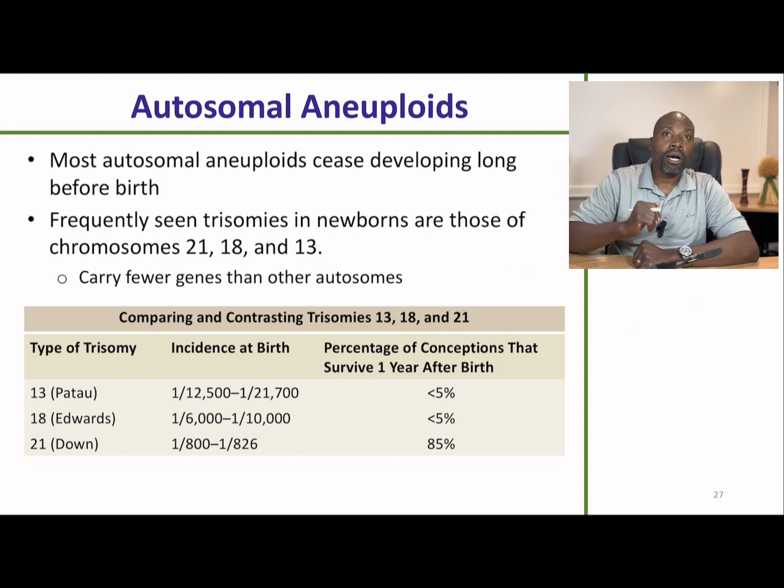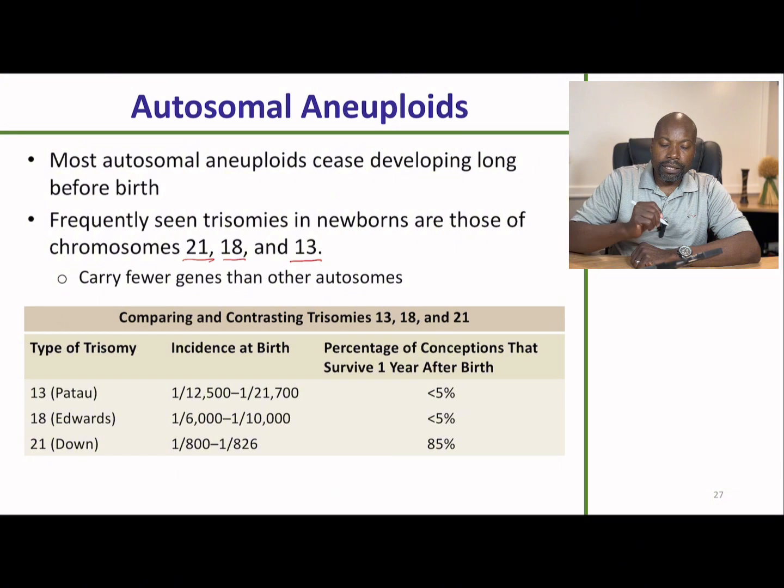What are some aneuploid conditions that are common in humankind? You have trisomy 21, okay? We have trisomy 18 and trisomy 13,